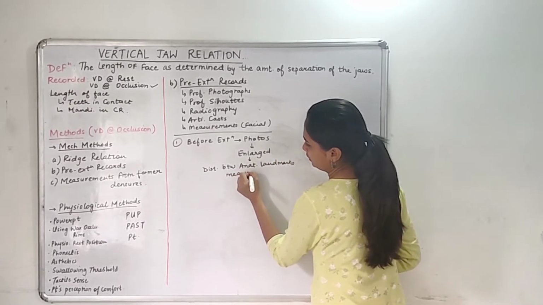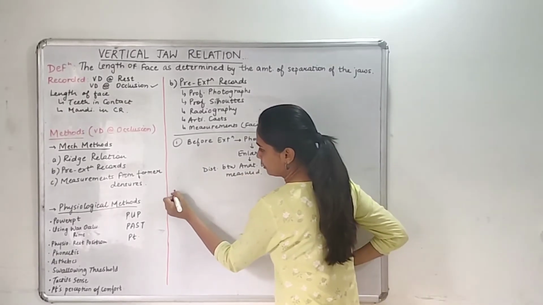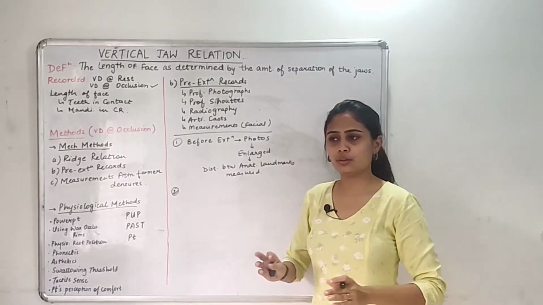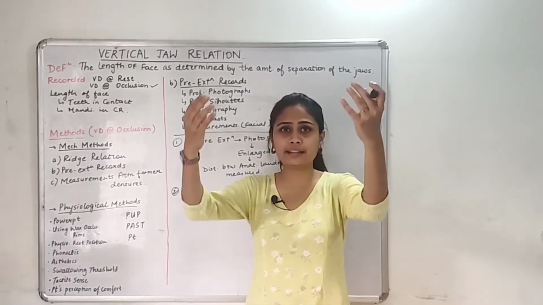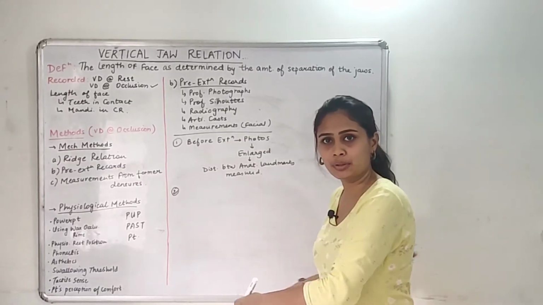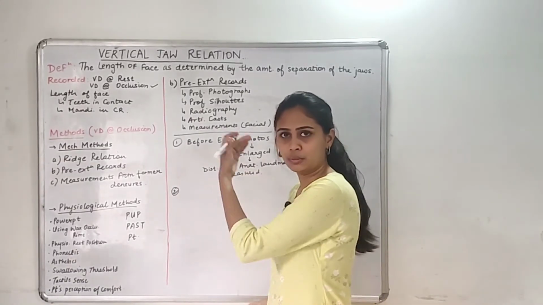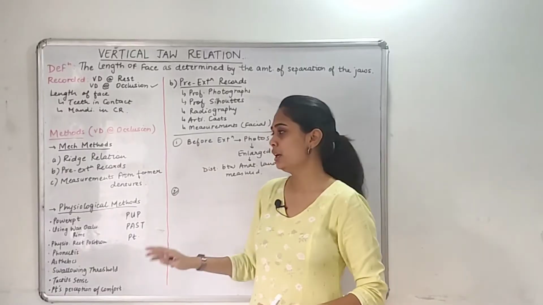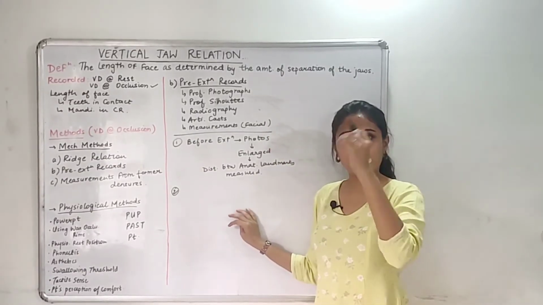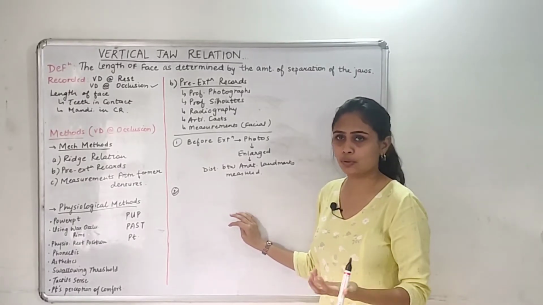The next one is profile silhouettes. So what is a silhouette? Silhouette is nothing but an outline. When you're just standing and you have a light coming in front of you, there will be a shadow or an outline of you at the back, on the screen or the floor, anything. That outline is known as a silhouette. So it can be made with a wire which is bendable or a cardboard.